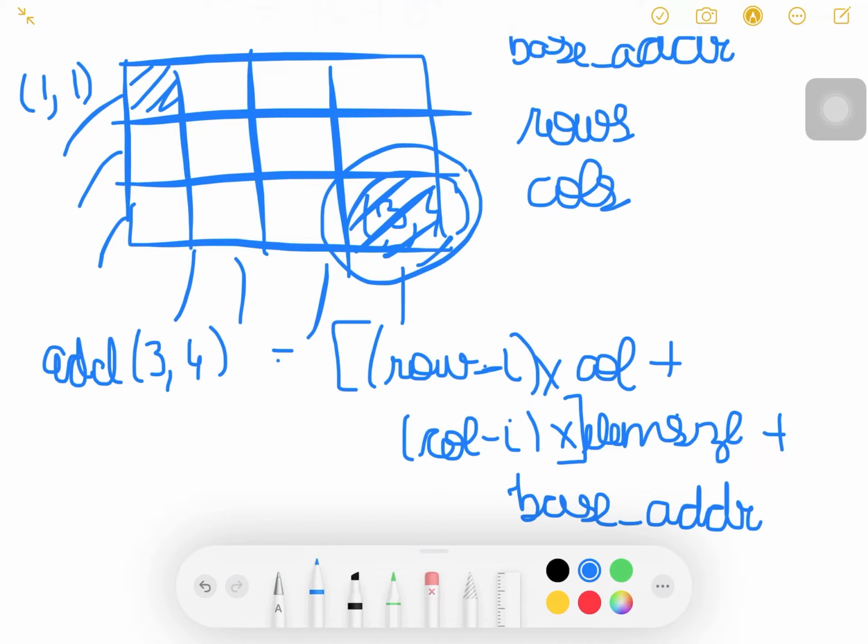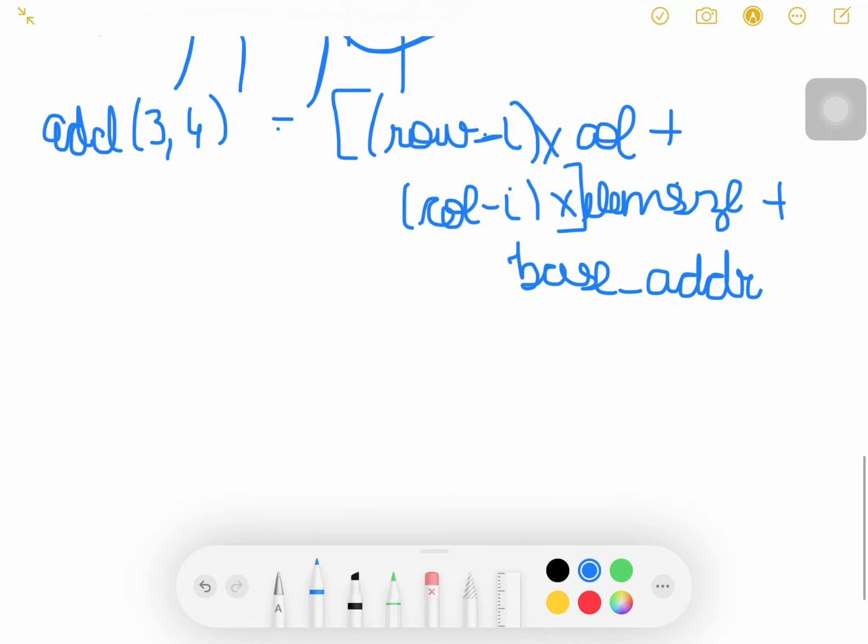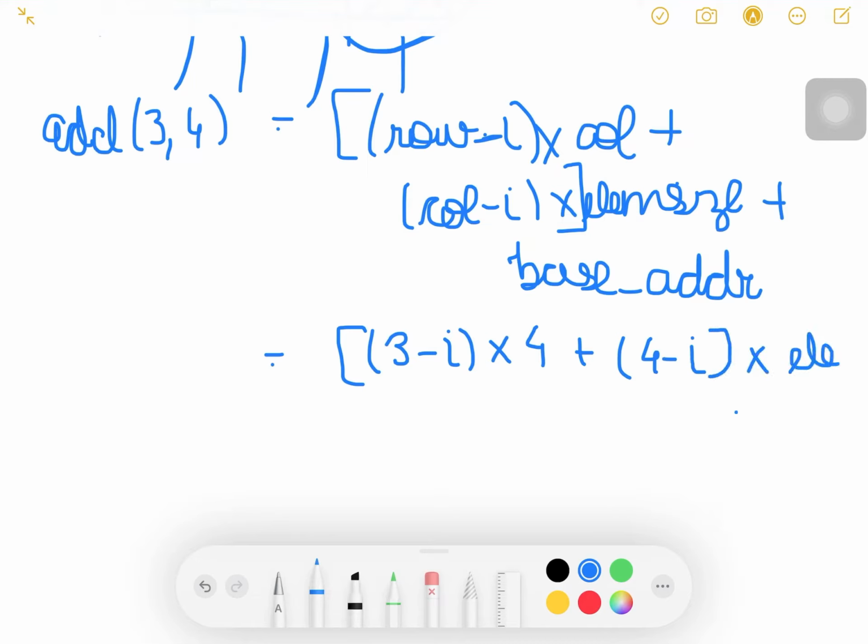Let's consider this case only. Here the number of rows are 3, so 3 minus I into number of columns, which are 4, plus col, that is number of columns 4 minus I into element size, plus base address, say it is 1000.